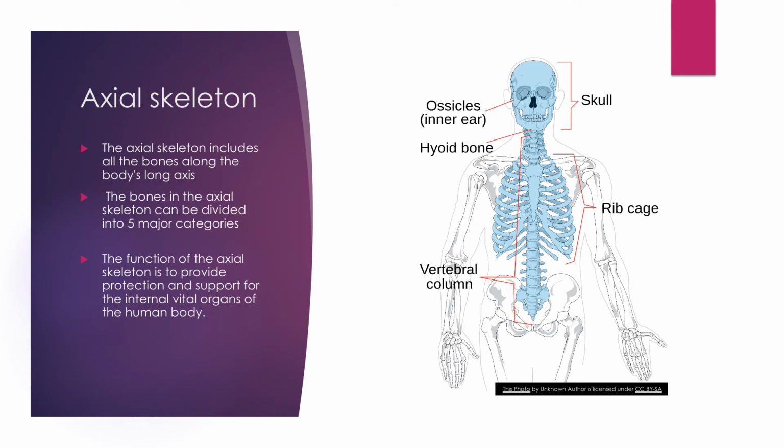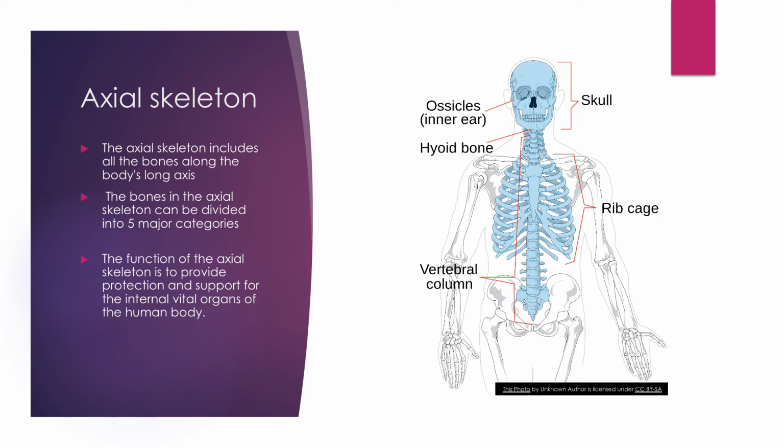So first, I'm going to explain the axial skeleton. The axial skeleton includes all the bones along the body's long axis. The bones in the axial skeleton can be divided into 5 major categories. The 5 categories are: 1. The skull, which contains 22 bones;